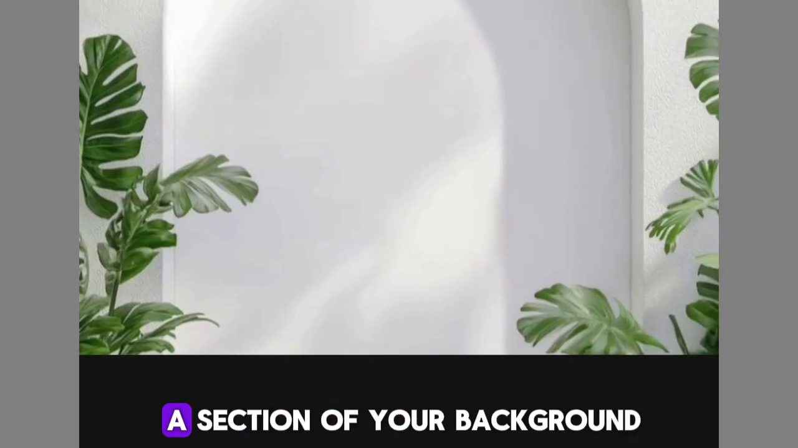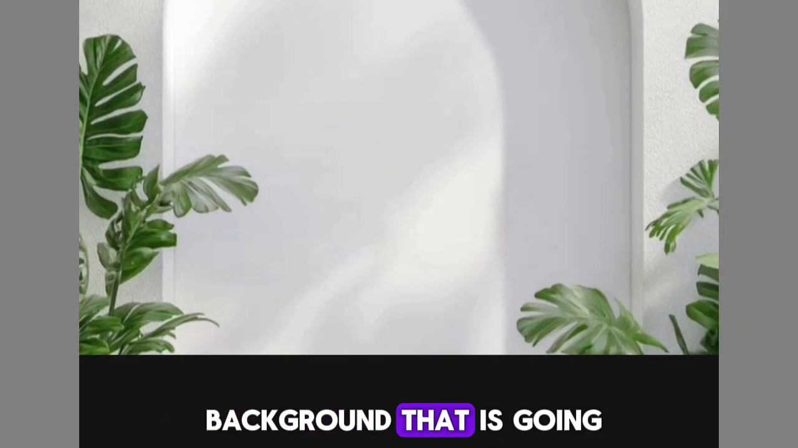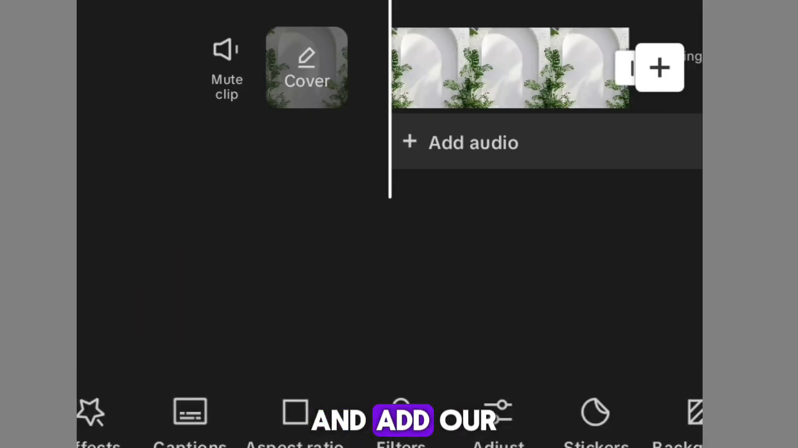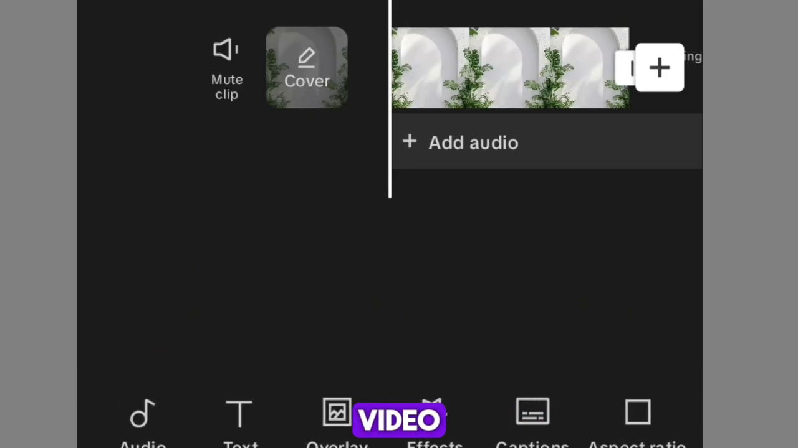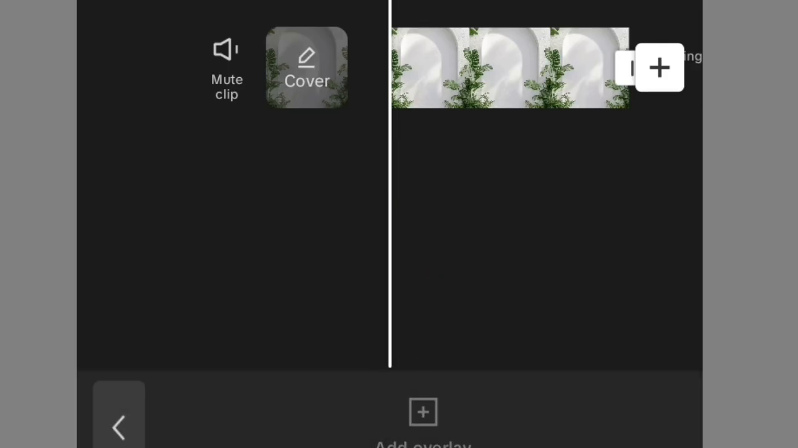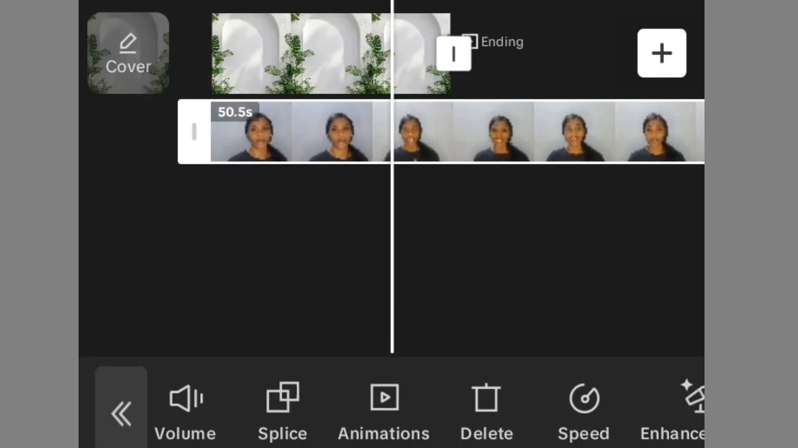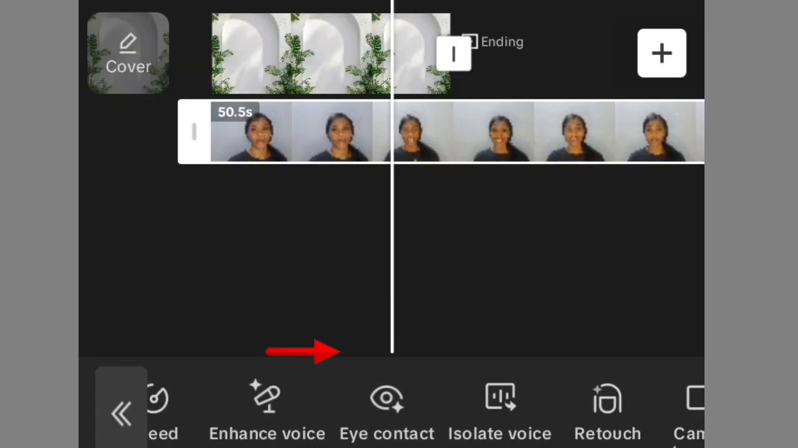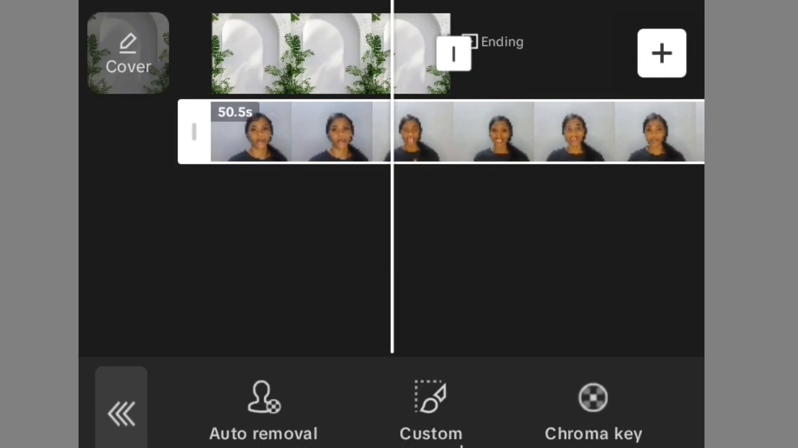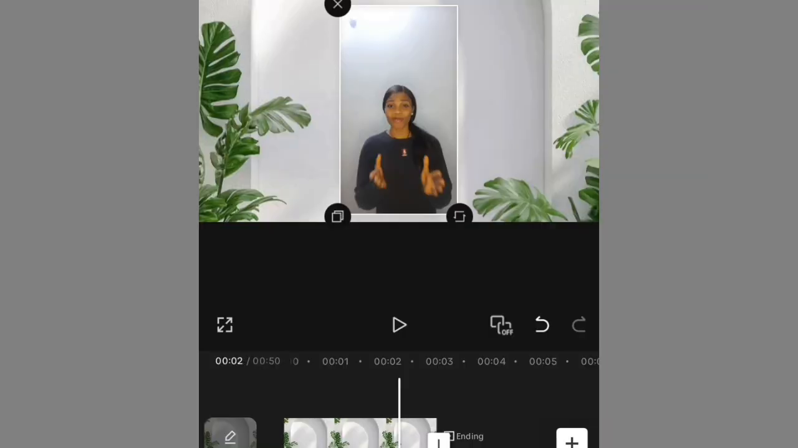So it's just a section of your background, a part of your background that is going to be reviewed. After that, we'll go and add our video. You go to overlay, click on overlay, and then you add your video. After you have added your video, you go and remove background. You click on remove background, auto removal,